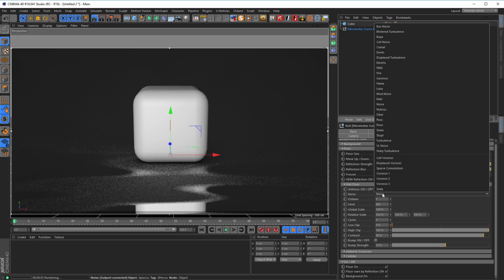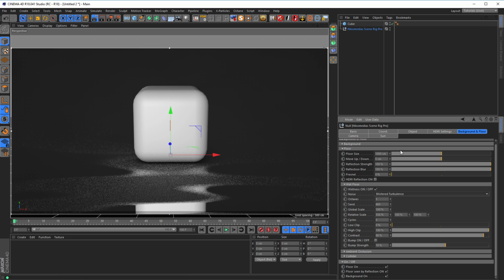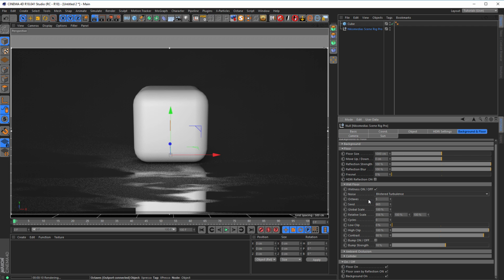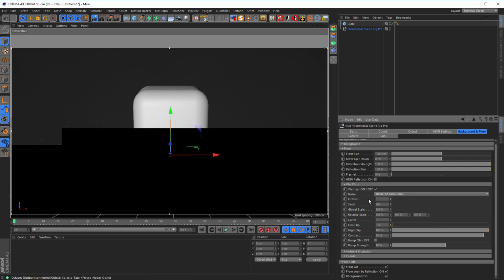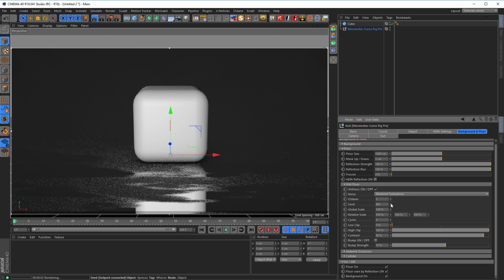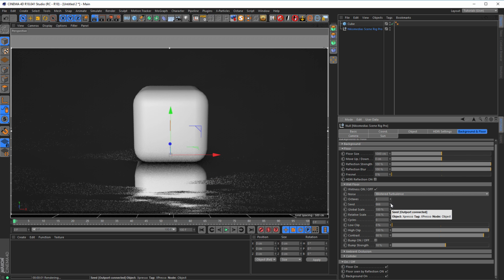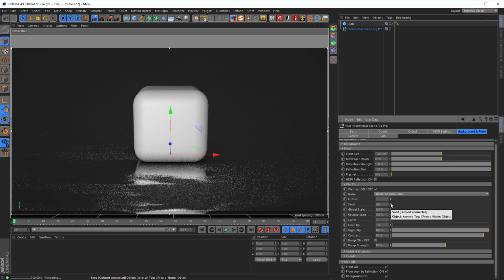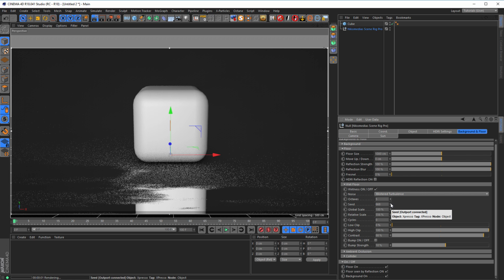Of course, you can take every noise you want. Let's say I want to use the Turbulence. And you see how nice this looks. It's just great. And now you can play with the octaves. It means how detailed the noise is. And 5 is okay. We can go to 20. We see one, we see many, or we see a difference. But let's stay with 5 for the moment. Of course, you can play with the seed, so you have the puddles every time in another place. You see,